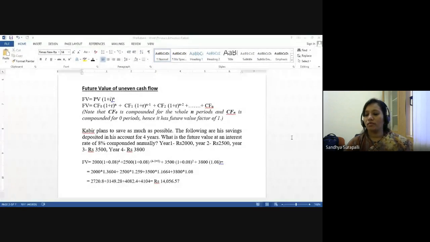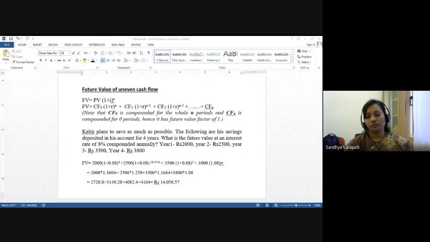So we have a few more topics in this. How if you are having a perpetuity cash flow. Perpetuity means forever you will be getting some amount. So what is its present value? That and loan amortization table. These two topics are left in time value that we'll be doing in the Thursday's class. And on Thursday, once I finish that class, I'll be sharing all the notes with you. Notes, formulas, and everything. Okay.